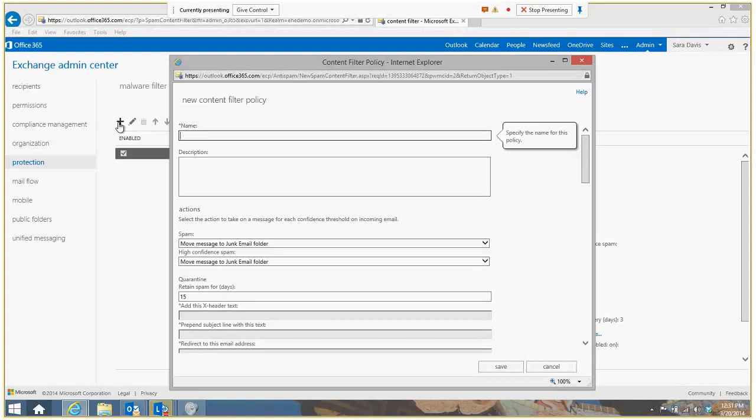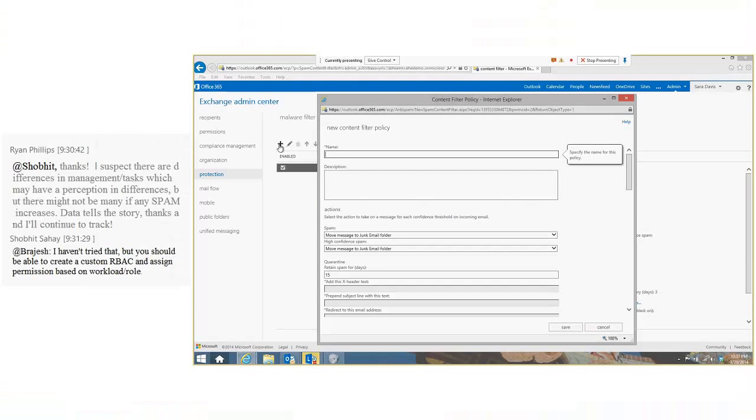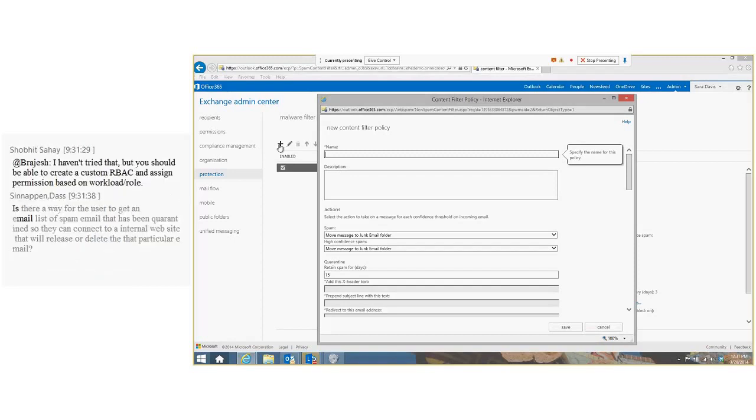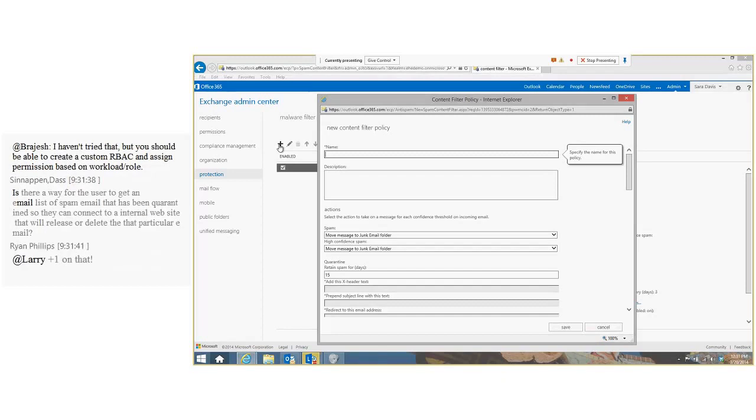We need to address the issue of a certain language affecting some of my users. In this case, we'll say it's the Russian language, and it's only affecting my executive group. In the case of EOP, we can create a rule and target it to a user, group, or domain, just so you're aware of that. In this case, we'll give our rule a name, and we'll call it enable Russian spam filtering,